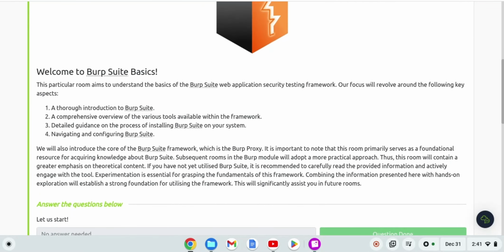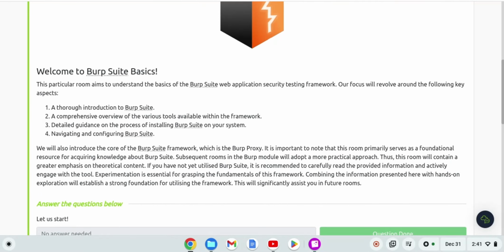Welcome to Burp Suite Basics. This particular room aims to understand the basics of the Burp Suite web application security testing framework. Our focus will revolve around the following key aspects: a thorough introduction to Burp Suite, a comprehensive overview of the various tools available within the framework, detailed guidance on the process of installing Burp Suite on your system,